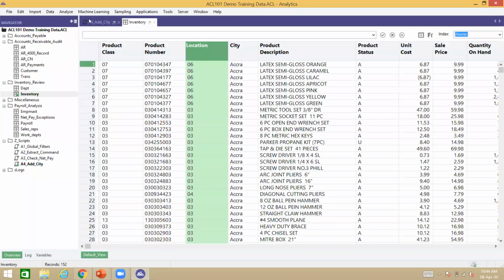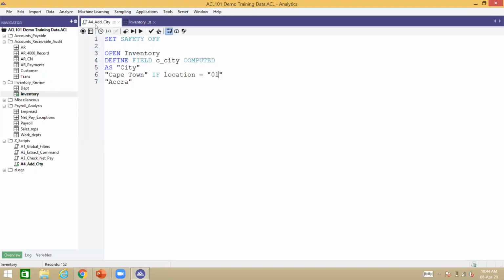Right, there is a field in this data called location. If I press F2, I will see location with a small l, right? And if that is 0, 1, I want the city to be Cape Town. Now notice this if is a filter. It's a command filter. It's saying look for where the location is 0, 1, and then go put Cape Town in the city column